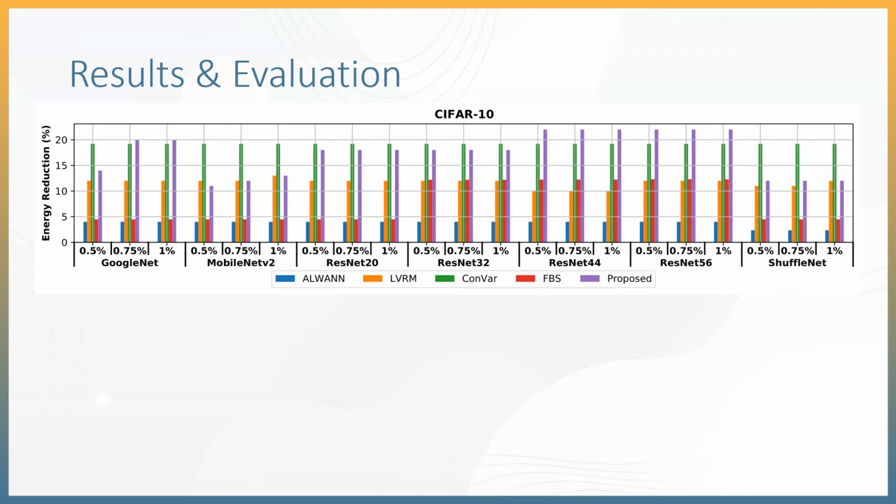This figure shows the energy savings for the CIFAR-10 dataset. Across all 7 neural networks, our approach achieves an average of 17.43% in energy gains for all the considered accuracy thresholds when compared to the exact mode of operation. We observe that the energy reduction gains increase as the neural networks become deeper with more layers,